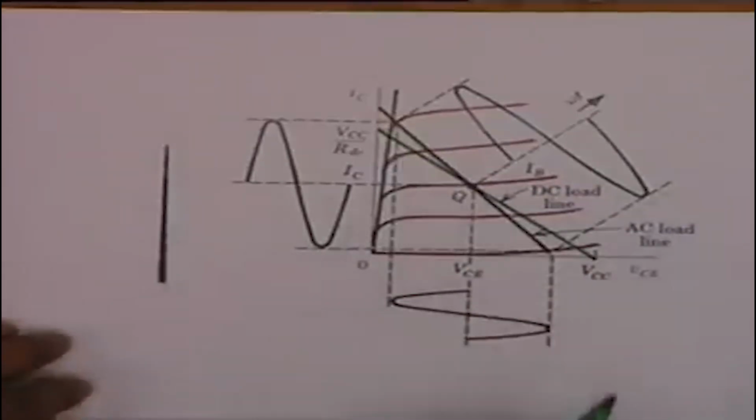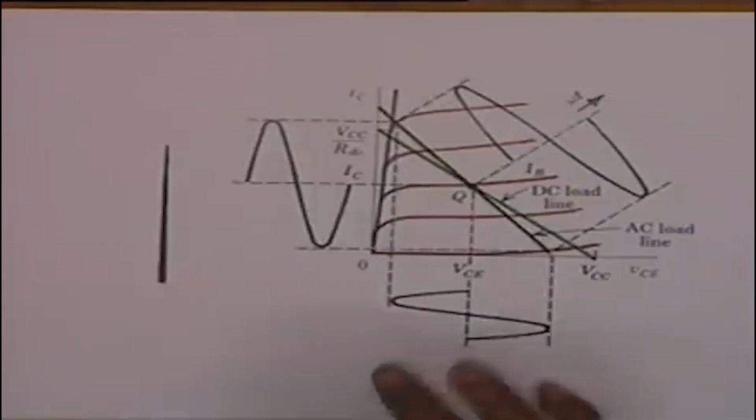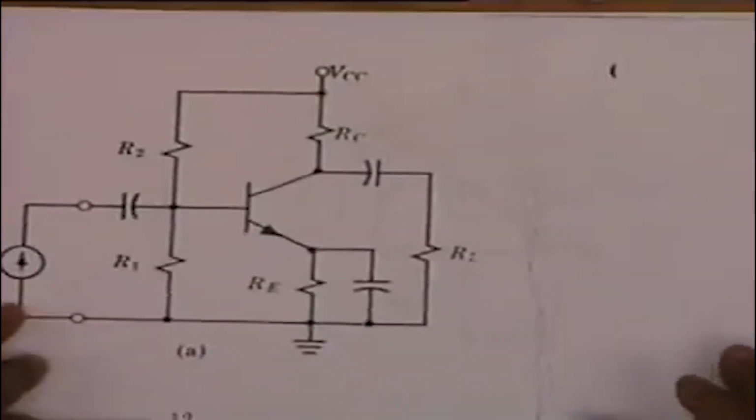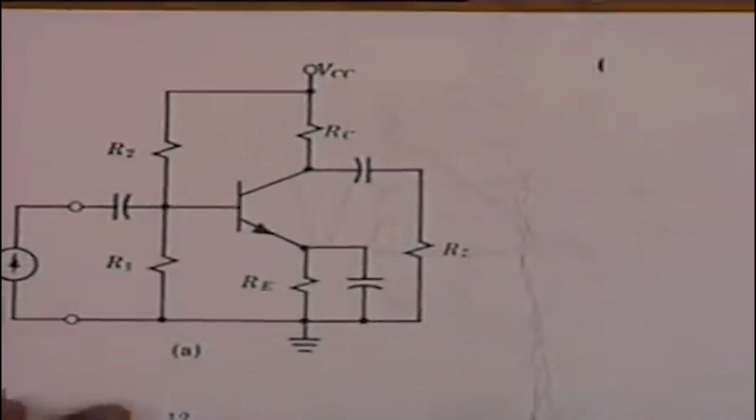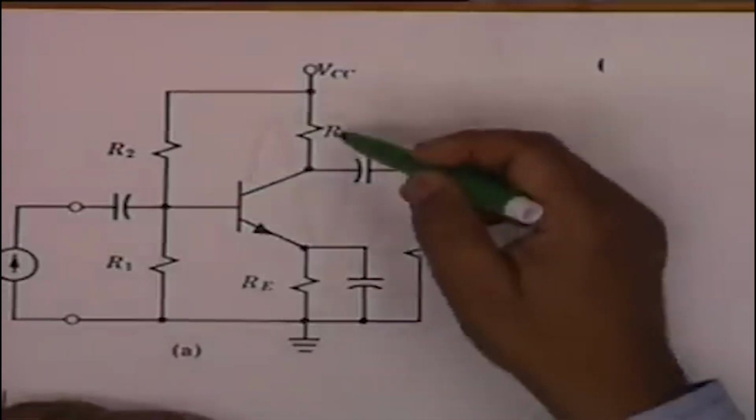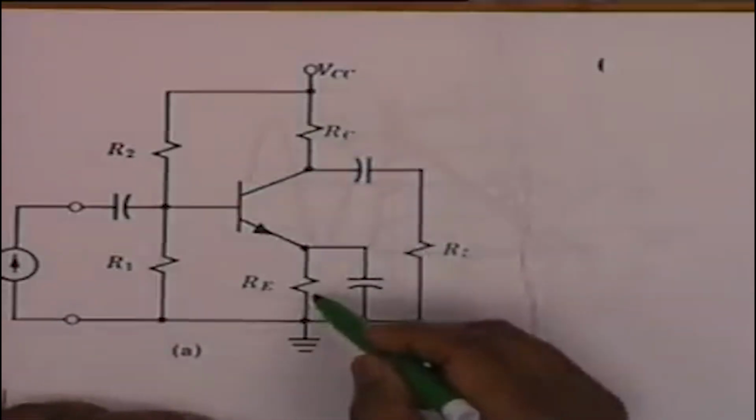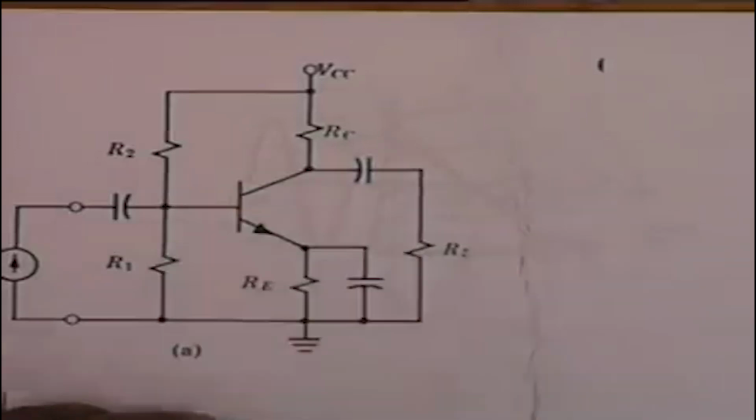Let's look at this example, okay? Before we come to this example, let's look at this circuit once again. It's the same circuit that I have drawn. This is the usual circuit for a BJT. You have an R sub C, you have an RE, you have R1 and R2, except that in this figure,